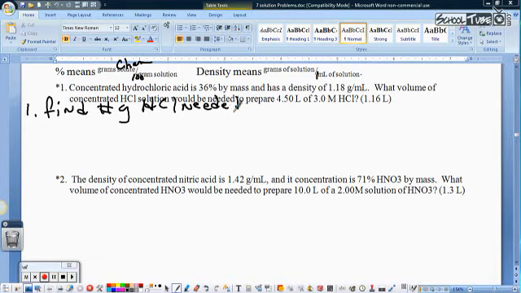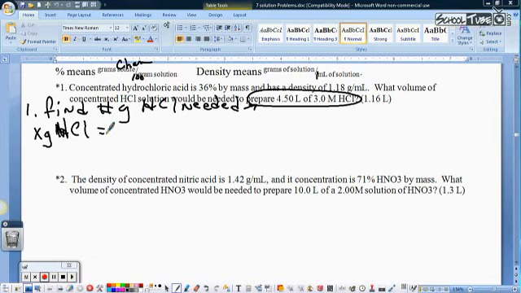That's the first thing you have to do. Find the number of grams of HCl needed to prepare this. All right, the number of grams of HCl needed to prepare that solution. So what am I looking for? X grams of HCl